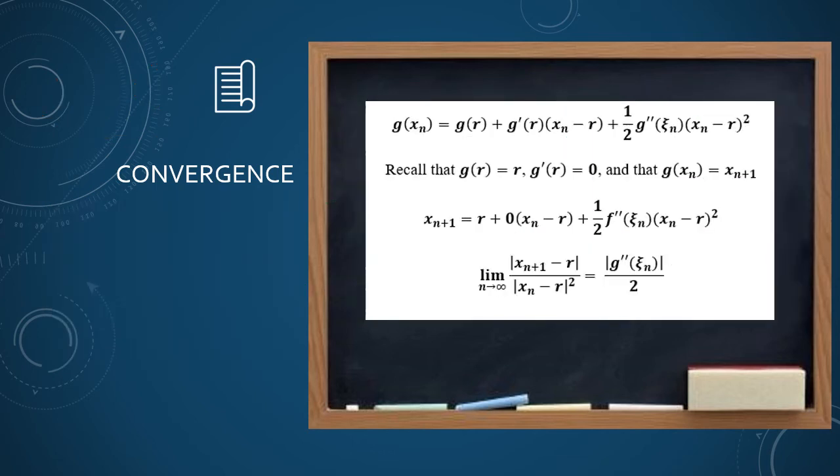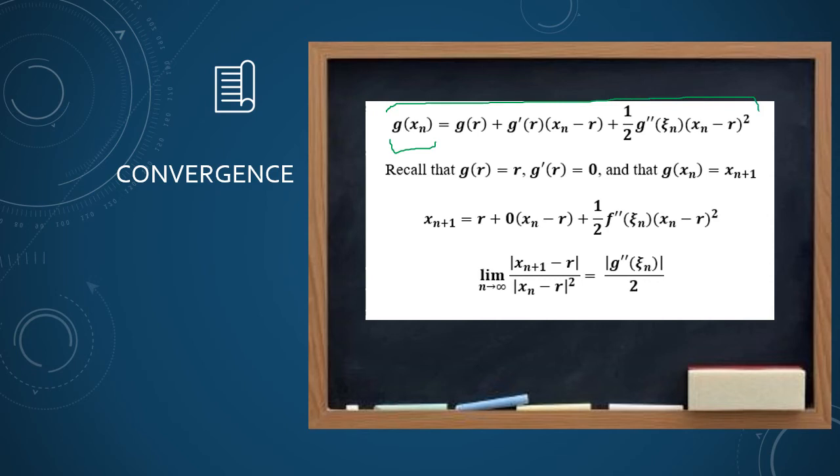Okay, so that was convergence, and now we want to prove quadratic convergence. We have our g of x of n, which recall is the function that gives us our sequence of numbers, our x of n plus 1. And we can expand that using a Taylor series expansion. Notice the Taylor series expansion comes up quite a bit. It's quite important in many